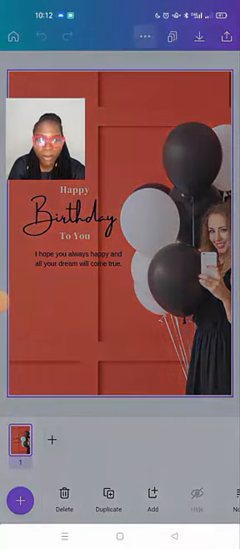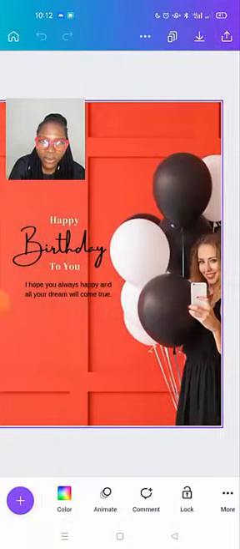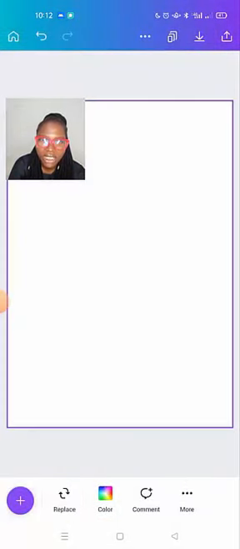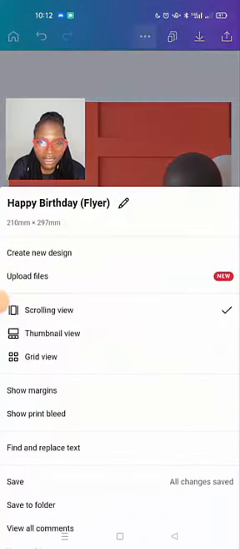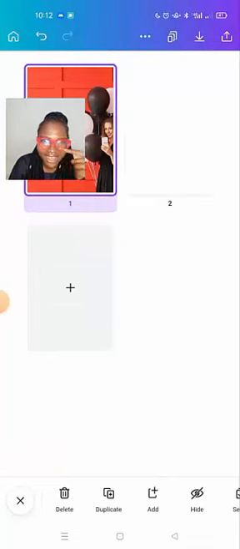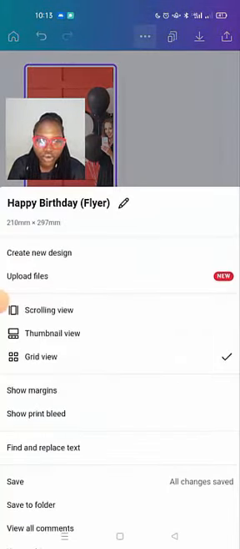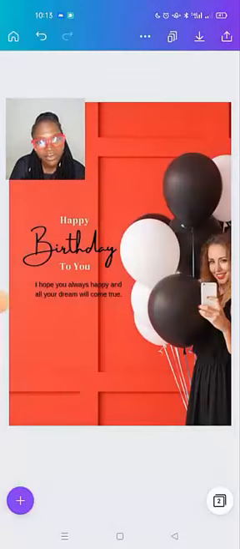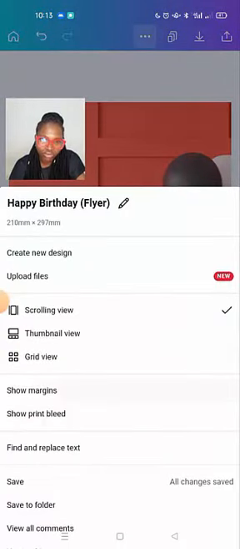But if you go back and say the scrolling view is what you want, then when you scroll this, you will see that it creates another page for you. Okay, so you can go back there again and say, oh, I want a grid view. Can you see that? So definitely I would go for the scrolling view like I did the other time. So those are the things you get when it comes to this part. You can decide to just go around it,